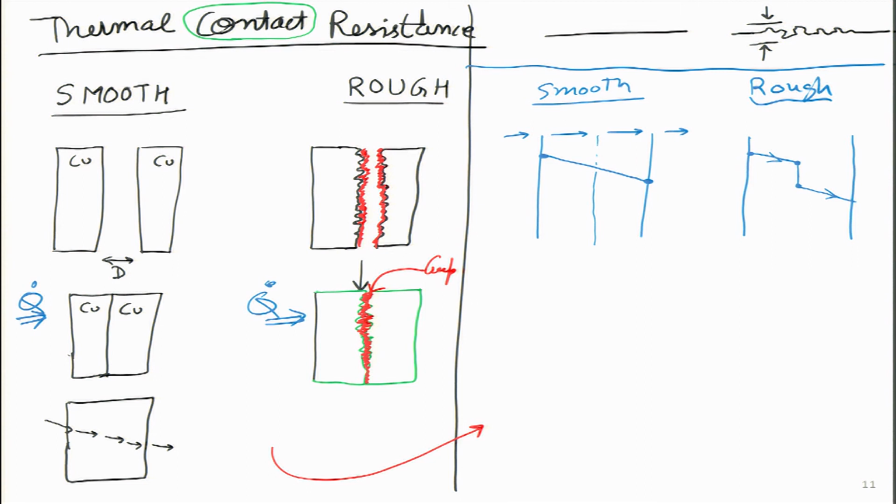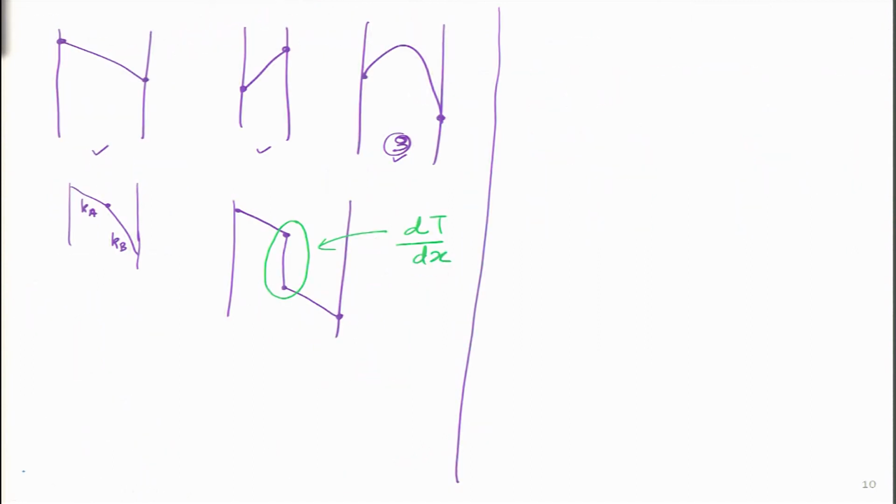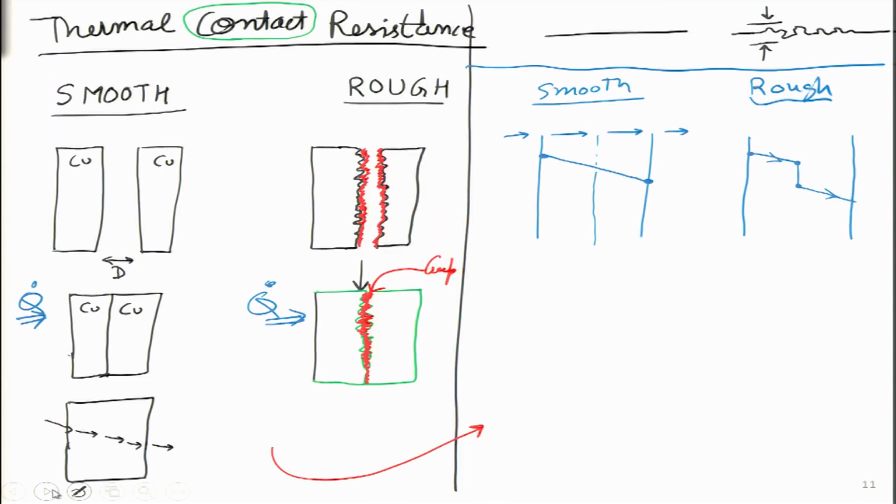So, this is the thing which we are actually using. If you go back to the previous slide, this dT by dx, which has an almost infinite slope, really does exist in nature. The only difference is that if we zoom in over here, it is not particularly this one, it tends to go like this.